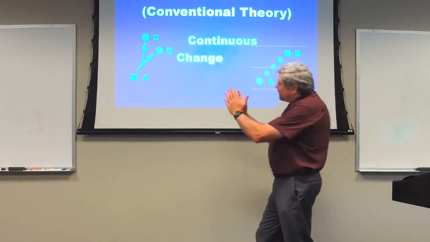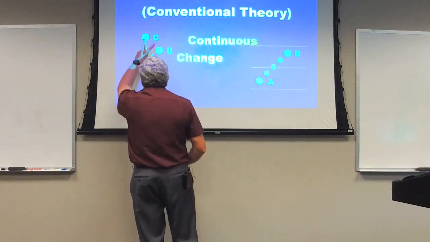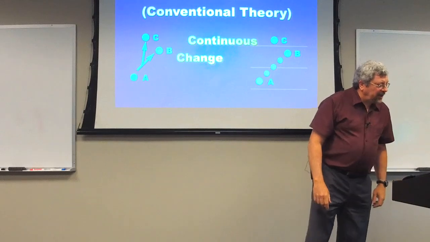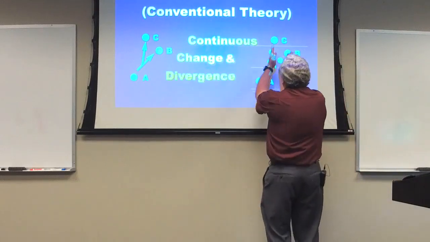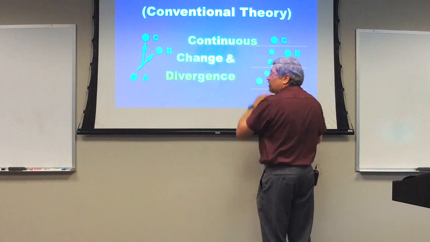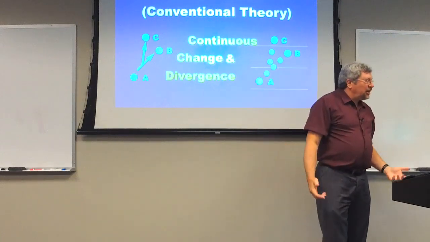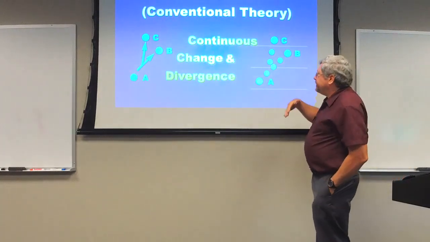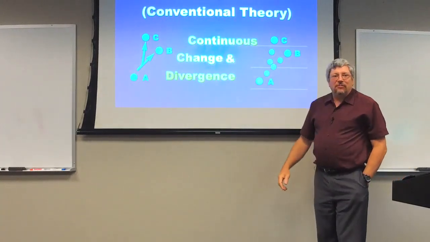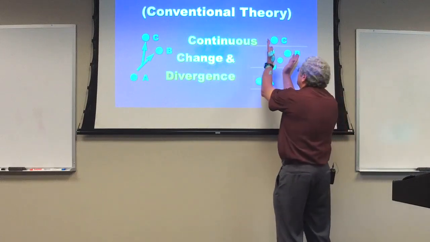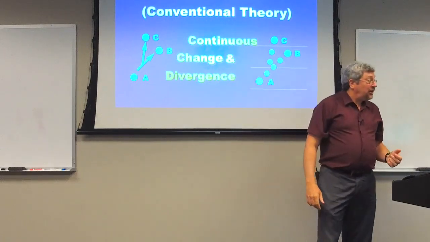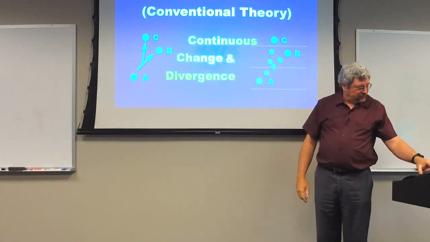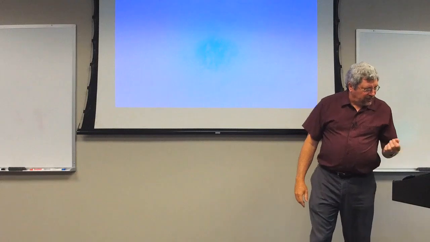And if you're speaking of a divergence, a speciation event, or taxonomic origination event of some sort or another, then you would expect that that should show up as a divergence of morphology from a common ancestral position. So you would expect not just what creationists call transitional forms in between, but you would also expect divergence of morphology as a function of stratigraphic position. That's the prediction of the conventional theory.